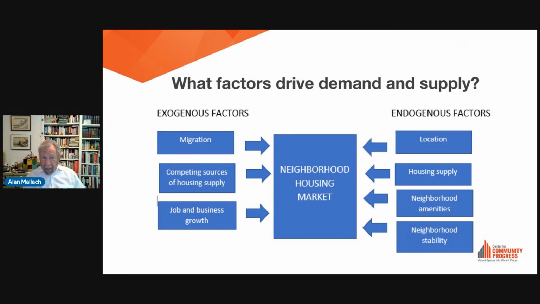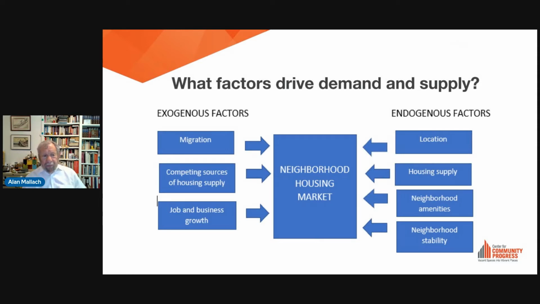Secondly, the housing supply. What kind of housing exists there? Is it available? Is it big, small, and so forth? Thirdly, amenities. Because again, people are looking to buy a neighborhood. And so people tend to, before they buy a house, walk around or drive around a neighborhood, see what's there. Being on a body of water, for whatever reason, is a very valuable amenity for an awful lot of people. So neighborhoods on rivers, on lakes, on the ocean, and so forth tend to have higher prices than other areas.